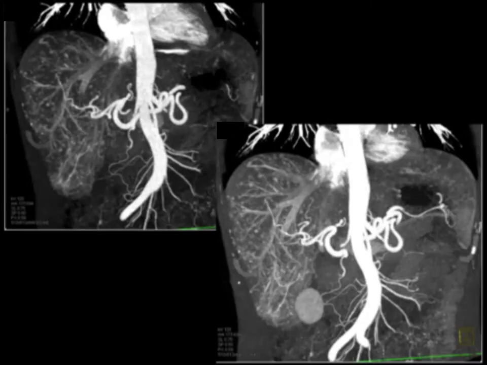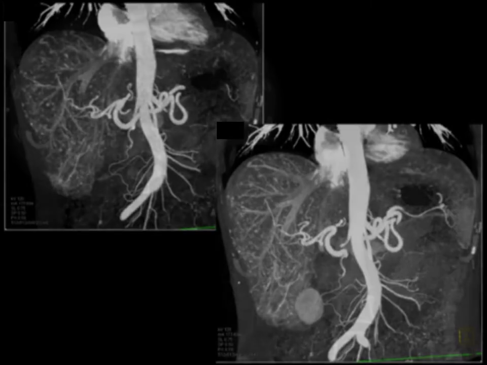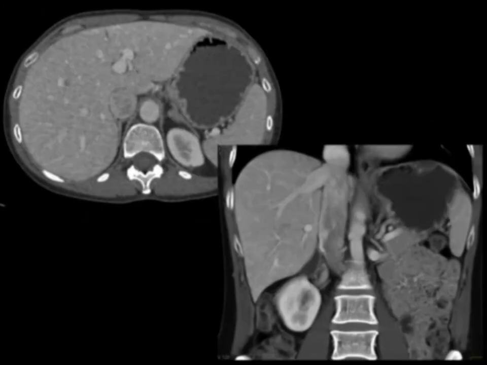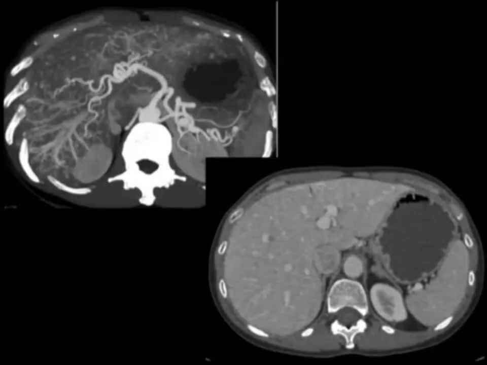But look how extensive they are. And here's that same patient 30 seconds later, where you would read the liver as normal. And I've never seen it quite as impressive as in patients with HHT disease. And here's one more example showing you the MIP arterial with the venous phase. Just incredibly impressive how those tortuous vessels, those small vascular abnormalities, all quickly become isodense.